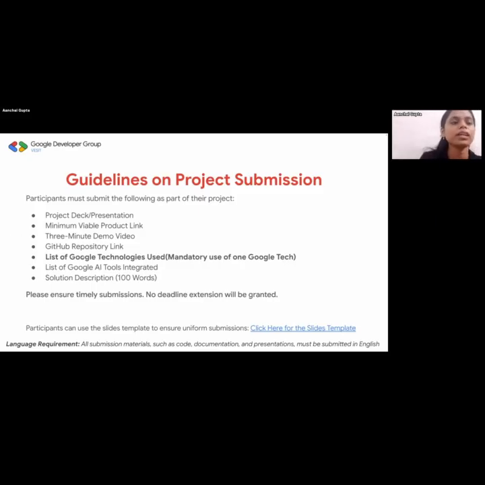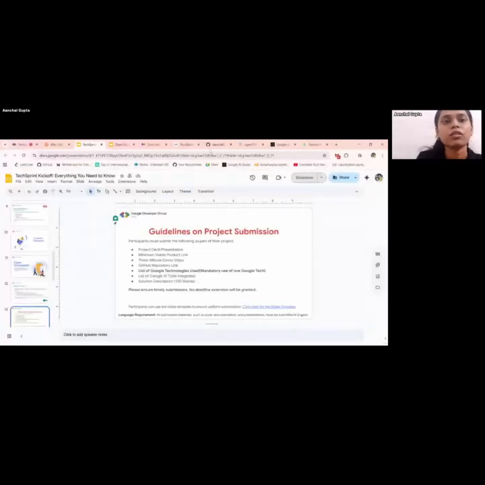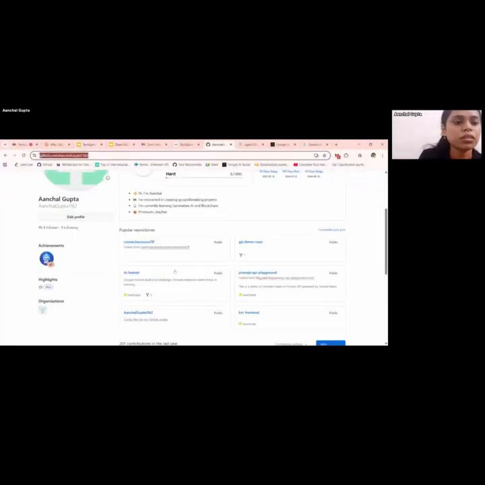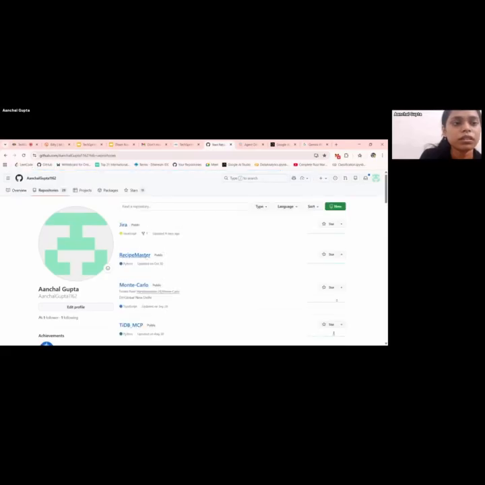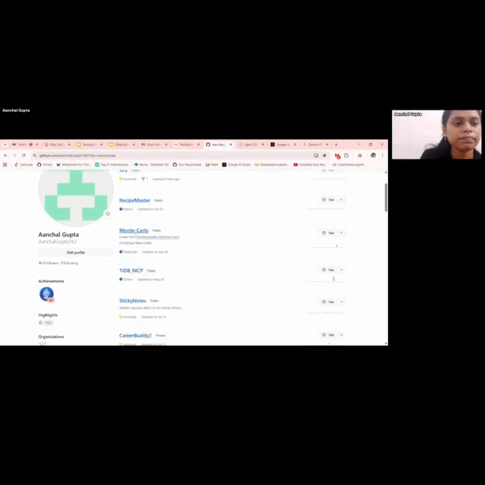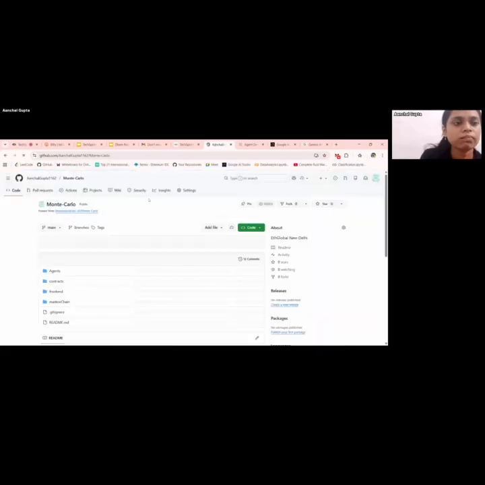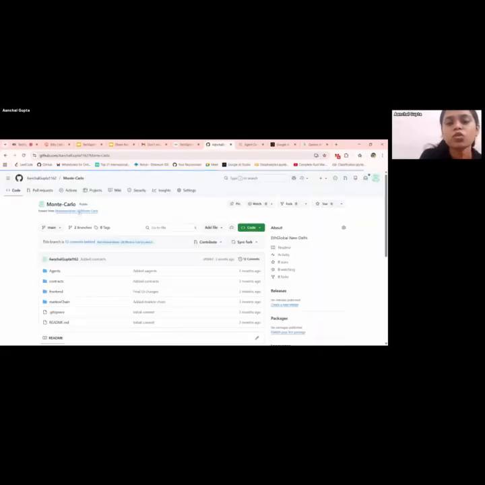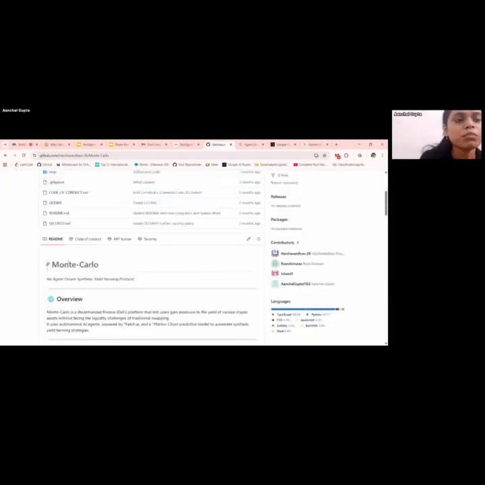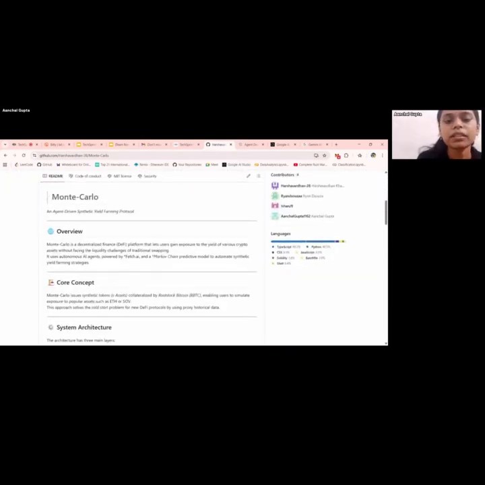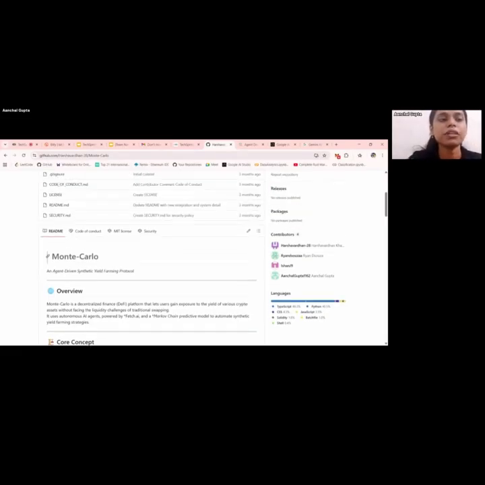Okay. Next, your GitHub repository link. I'll also show you a GitHub repo so that you guys can understand. So what should your GitHub repo look like? The most important thing for any GitHub repository that is a part of a hackathon submission is the README file.